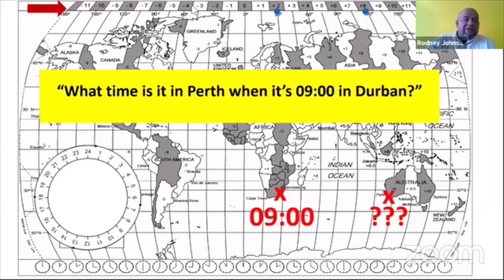If you move to the left on the map, the rule of thumb says you must subtract hours. So in this case, candidates, we are moving from Durban in South Africa to Perth. So we're moving to the right, so the rule says we have to add hours. So how many hours do we have to add? We have to add 6 hours because we've already determined that there's a 6-hour time zone difference between Durban and